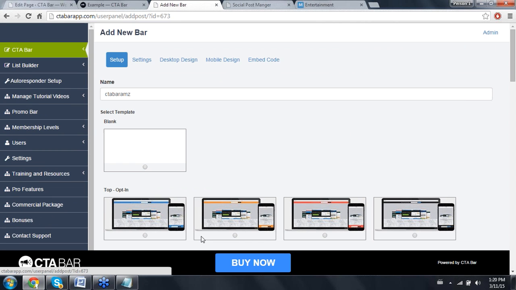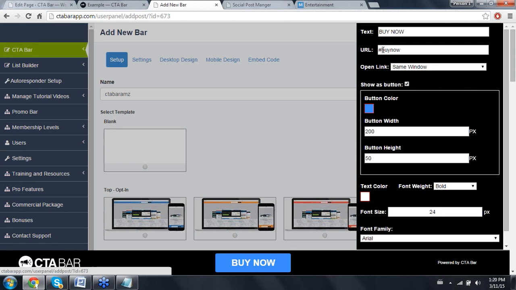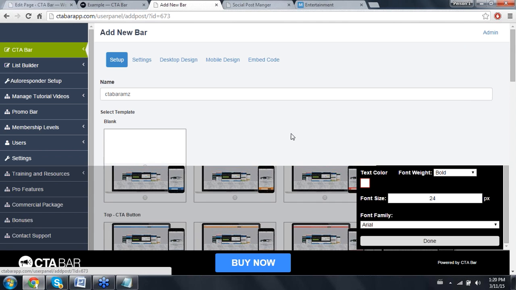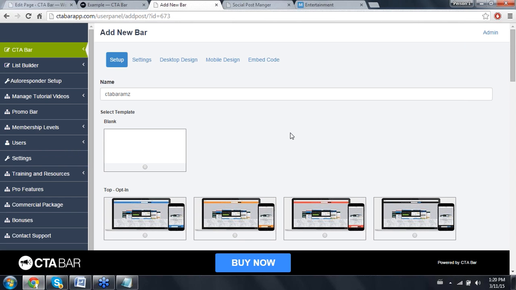Now that the launch is over, we got rid of the... Oh, actually, no, we didn't even do it here. I want to show you this button. For buy now buttons, again, you could create your own button. You could put a JVZoo link in here. If you know how to do it, I don't want to do it now because I'm sharing my screen and I'd get all the code and you'd see all my stats and all my information. But basically, if any of you guys know JVZoo as an example, in JVZoo you're able